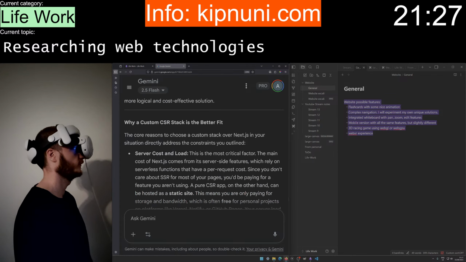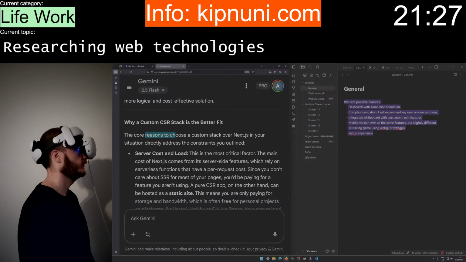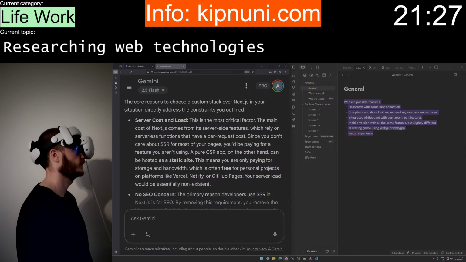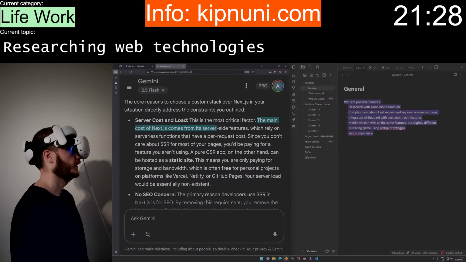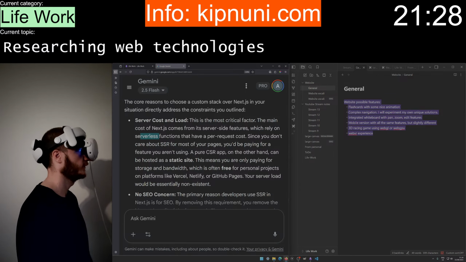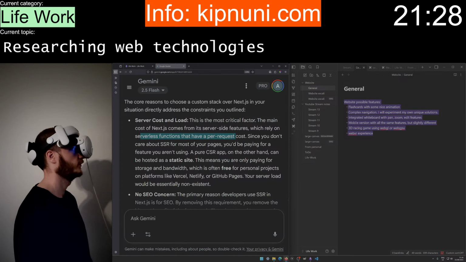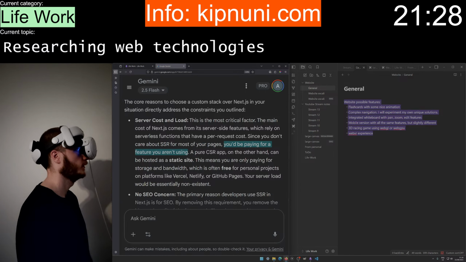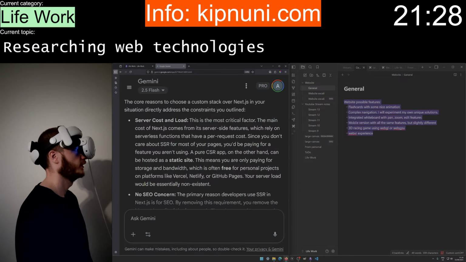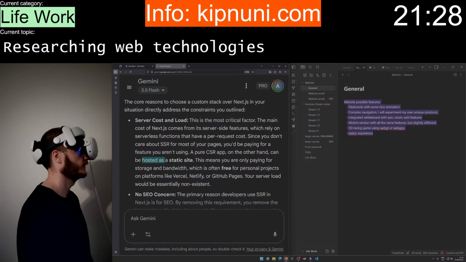Getting examples would be nice. Is a better fit. The reasons to choose a custom stack over Next are: easier server cost and load. The main cost comes from services and features which rely on serverless functions that have per-request cost. If you aren't using pure... can be hosted as a static site.